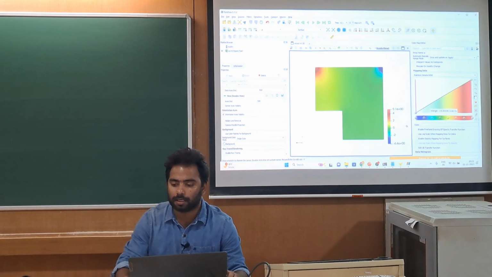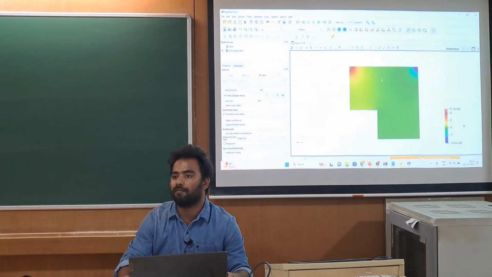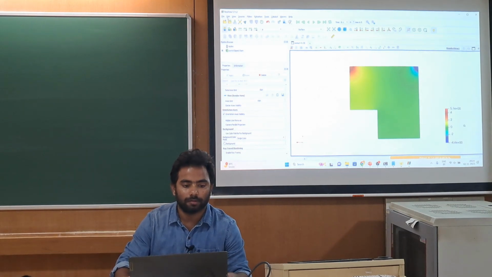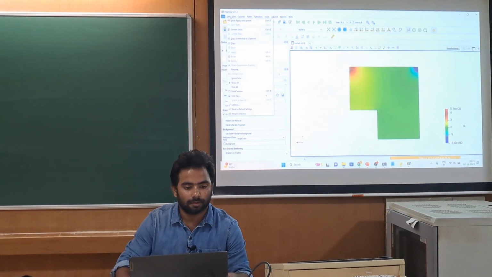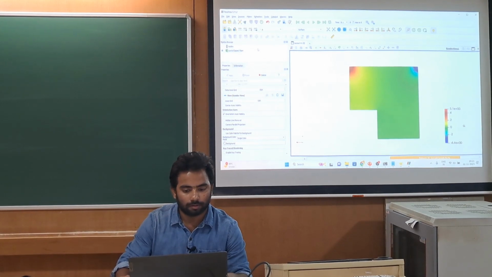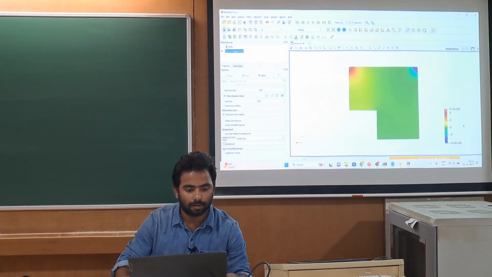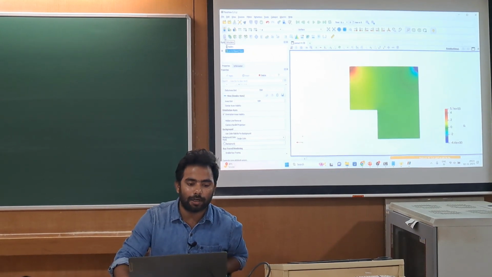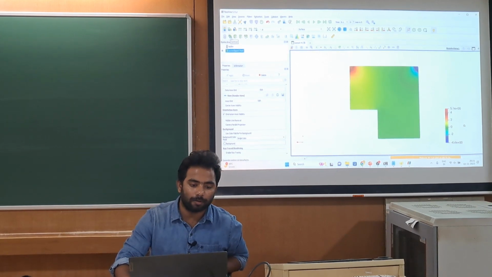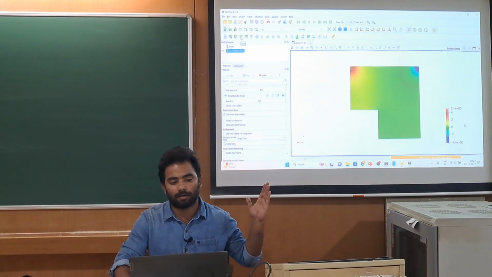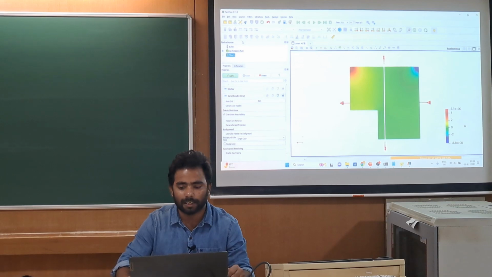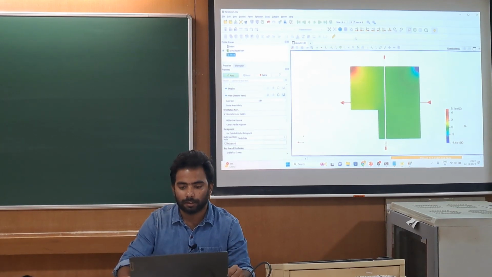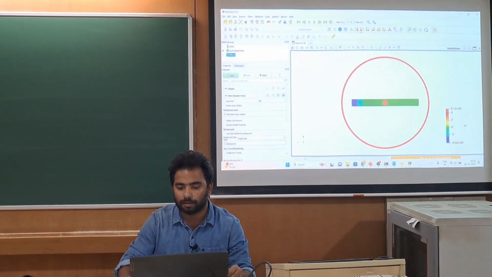Also, if you want to take a screenshot, suppose you want to use this diagram for your research paper purpose, you should click on these things and use this slice command. So this is a calculator, this is the contour, this is the clip. You should click on this slice command. That is the fourth from the left. Click here. Okay. You can change the orientation of this slice from top. So you can do this X, Y.